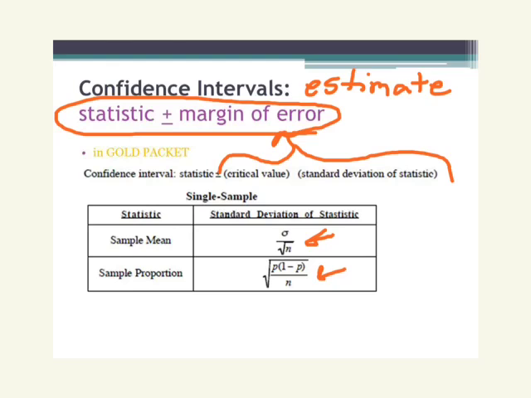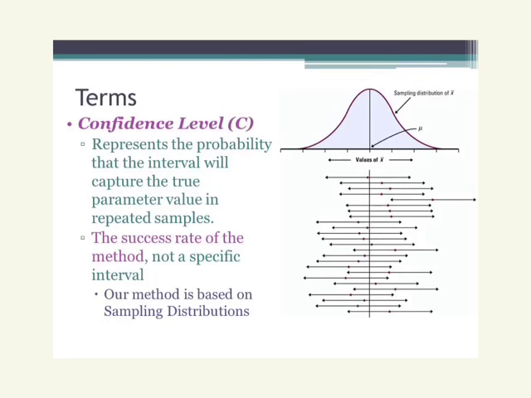All right? So some terms here next that we need to be aware of as we work with confidence intervals. So the first term that you need to be aware of is the idea of a confidence level, and we're going to see this abbreviated with the letter C. And what this represents is the probability that the interval will capture the true parameter value in repeated samples. And what I want you to think of, this is the success rate of our method, not the success rate of a specific interval that we create, but we have confidence in our intervals because, again, of what we know